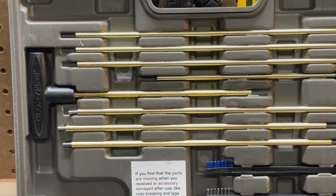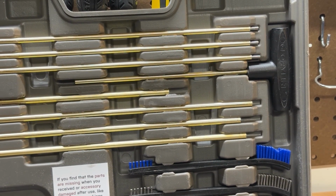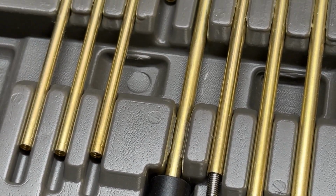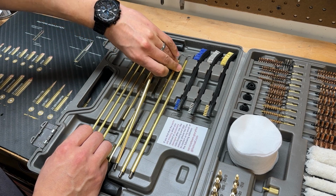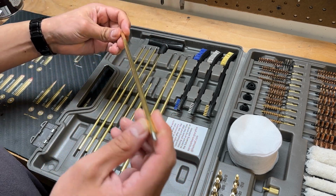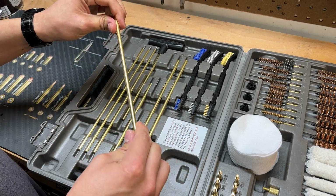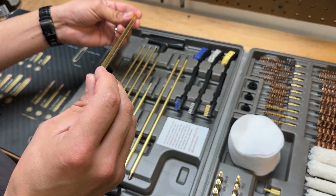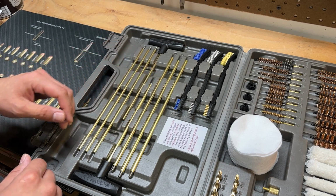Now each set does come with a handle and 3 separate rods about 12 inches in length. There's a smaller rod set for pistol size calibers, small rifle calibers. And then there is a larger diameter, I believe, for your 30 cals, your 50 cals, 12 gauge. Really nice rod design, not a lot of flex to these. And actually Gloryfire has this rod design patented. I believe it has an inner core system to it with a brass outer system to it to keep it